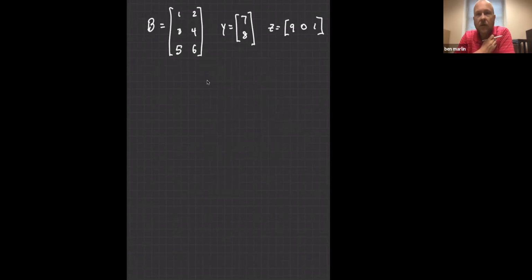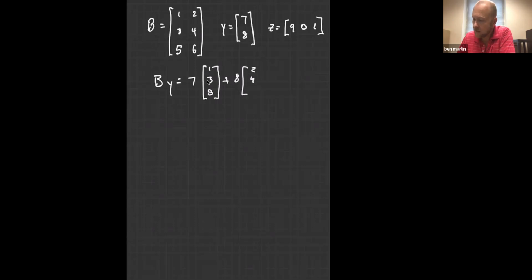So then we're going to take a look at another example here. This is illustrating that we can do this in more than one way. First we're going to think about the B y here. If you think about the way that I just talked about, that means that we're going to take the entries of y, 7, times the column vectors coming out of B,